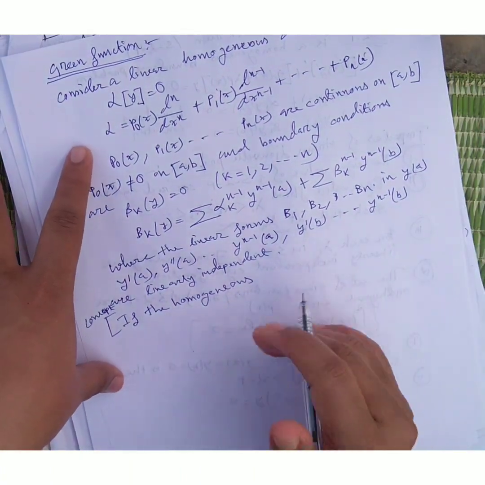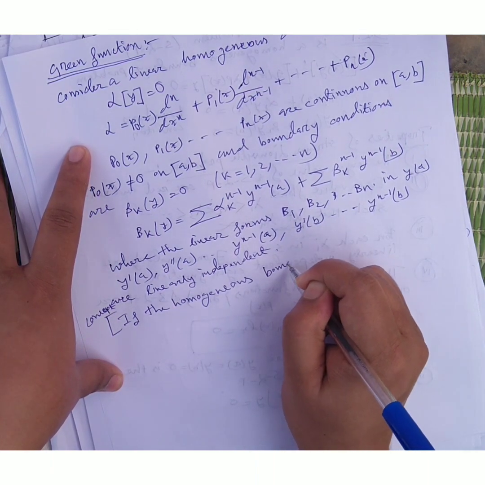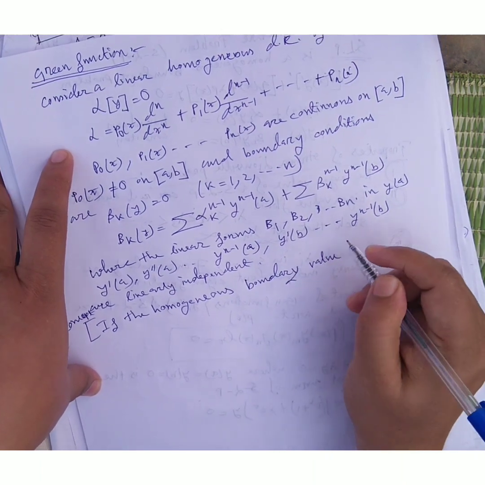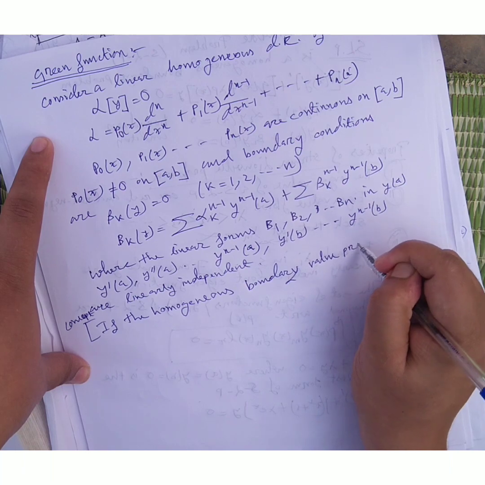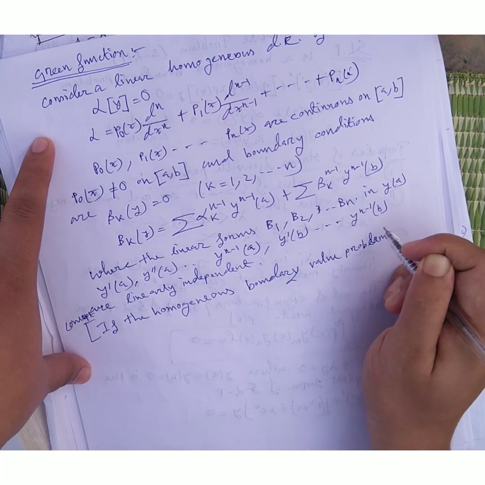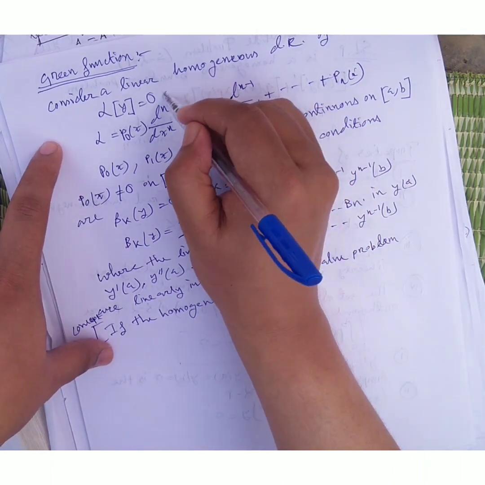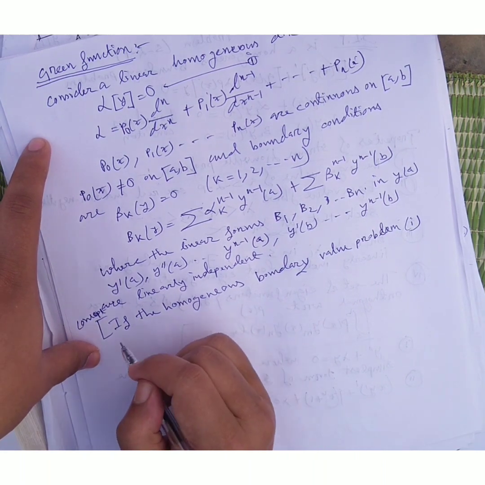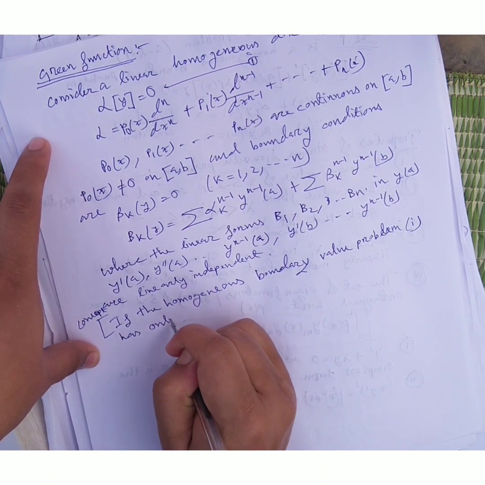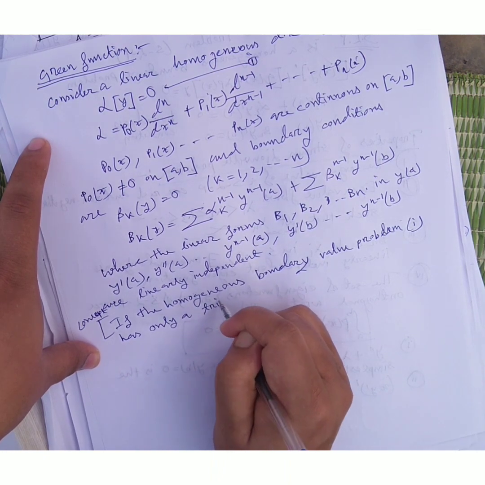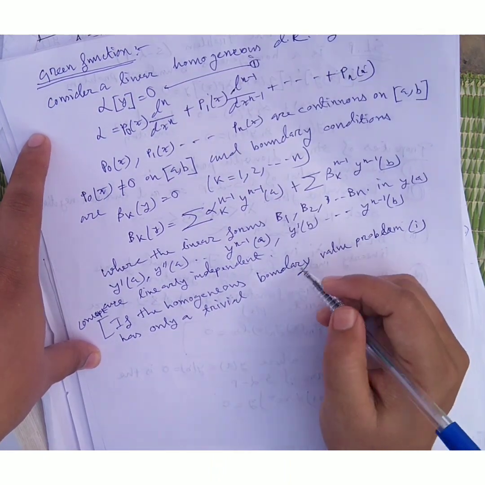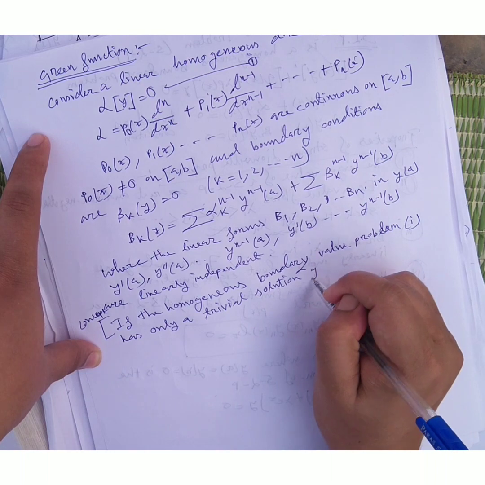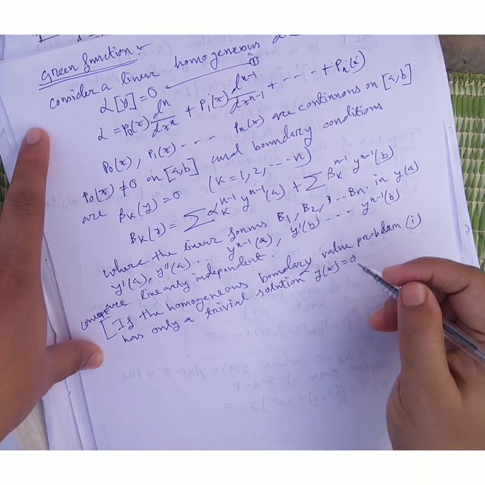If the homogeneous boundary value problem, this equation, equation 1, has only a trivial solution y(x) equal to 0, then